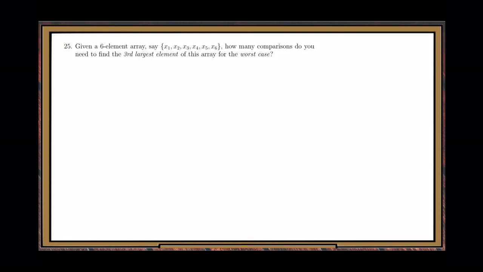So here, we cannot use the same results of question number 24 in this assignment. If you use that same way, you cannot get a comparison solution. All right, so to do better,